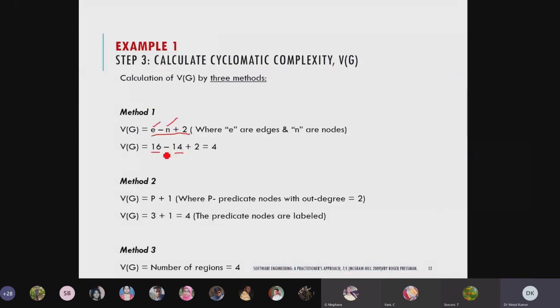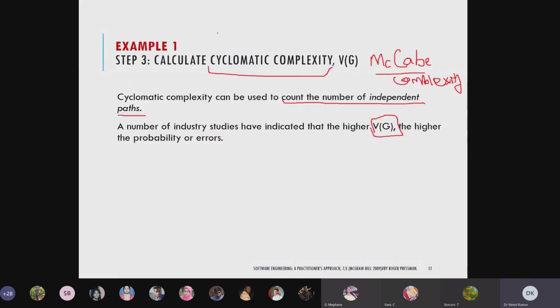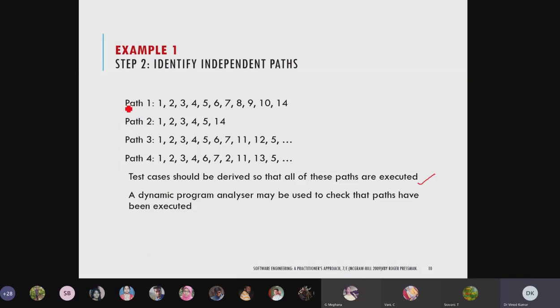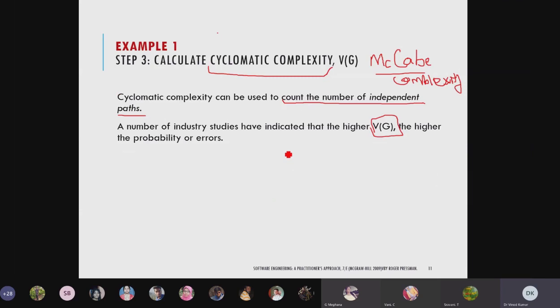So 16 minus 14 equals 2, plus 2. So 4 independent paths are there, and we have created 4 independent paths. If you perform the test with these test cases, you will be able to cover all those possible error-finding places.